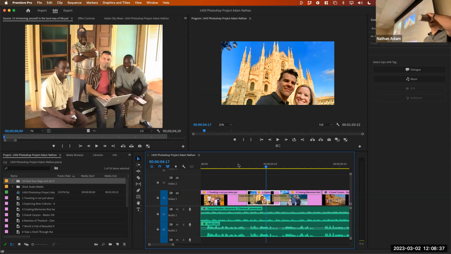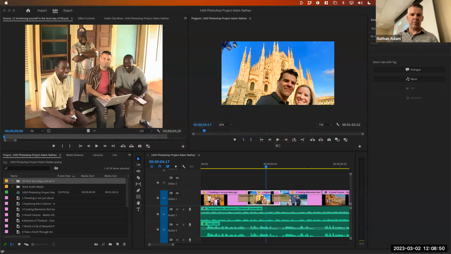Strongly, because it's not just about going from one place to another. It's about exploring new cultures and creating memories that last. One of the taking the scenery of the Grand Canyon, the sun-kissed beaches of Thailand, the world